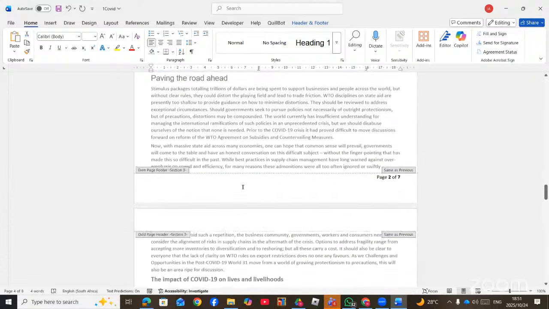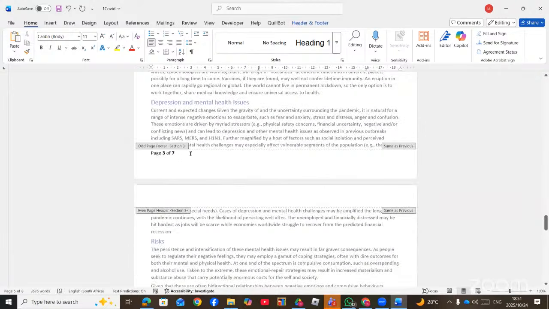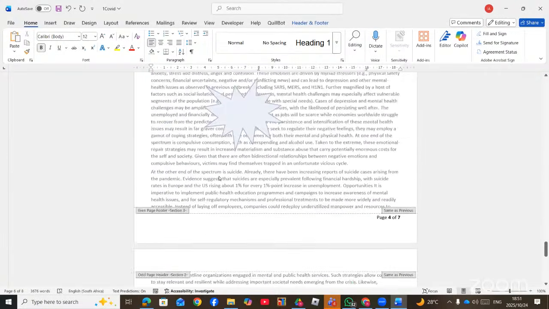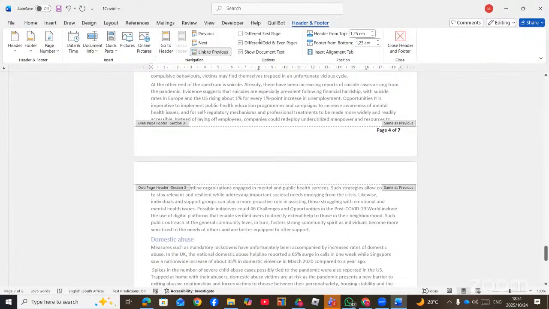Then you go to the second even number, you select it, and then you choose the alignment also. So that you can see that when you go to page 3, it's on the left, page 4, which is even number on the right. And the trick is you take different odd and even. So take note of that. Right. Now,